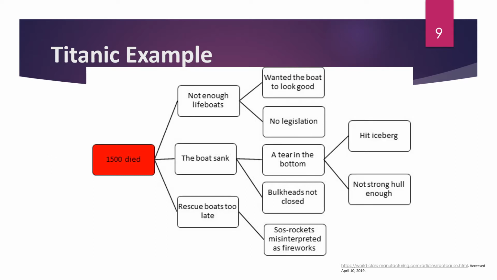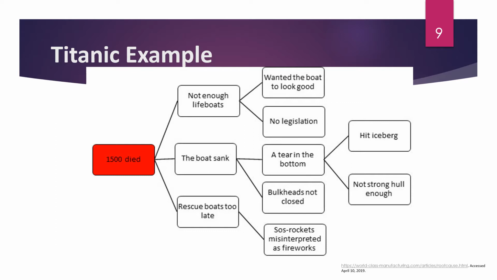And if you actually look in regards to the tear in the bottom of the boat, the reason there was a tear was that it hit an iceberg. Another thing here is that the hull was not strong enough, or basically the exterior of the boat was not strong enough to take a collision with the iceberg, and that's why there was a tear in the bottom. So you see all these things actually feed into the event